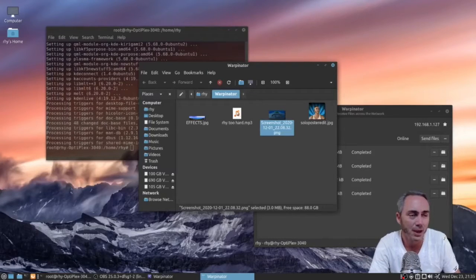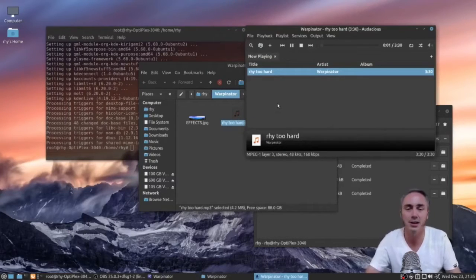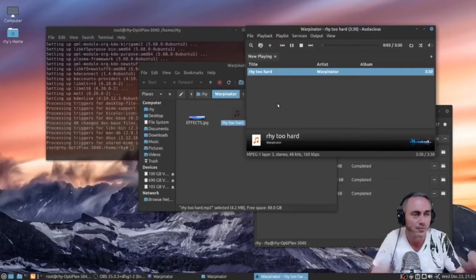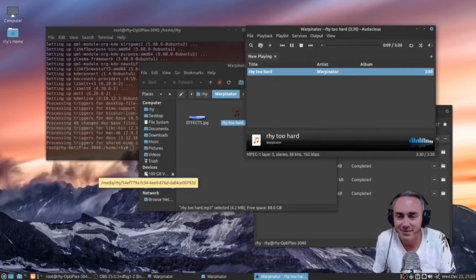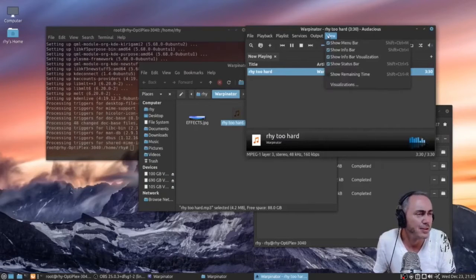And let's see. It's going to default to Celluloid. That's a weird one. We want it to default to Audacious. Let's check out the music. Let's go ahead and put on one of those